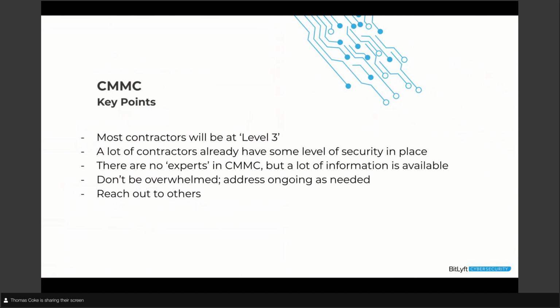So make sure that you're not getting overwhelmed. Don't be overwhelmed. Don't freak out. Address this in an ongoing fashion. Take your time. Ask questions throughout the process. One of the cool things about the defense contractor community, the ones that I talk to, is they're part of groups. They're part of industry networking groups. They can talk to others and get information. They can talk to vendors like us and get information. The key thing is take a deep breath, ask for information, go to events, try to watch webinars like these as much as possible and learn what you can do.